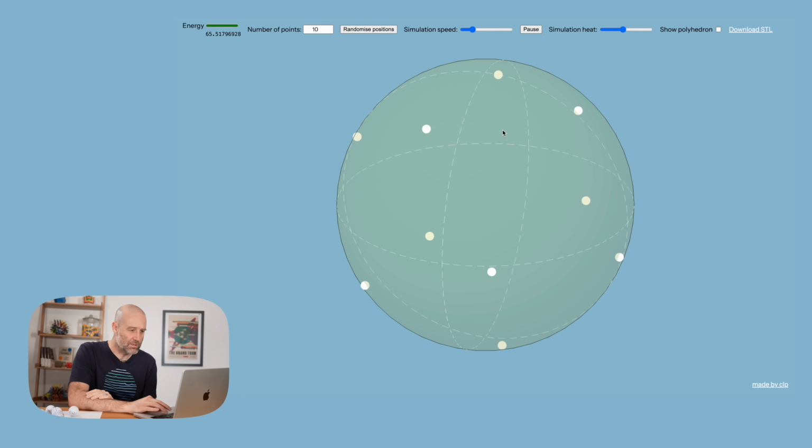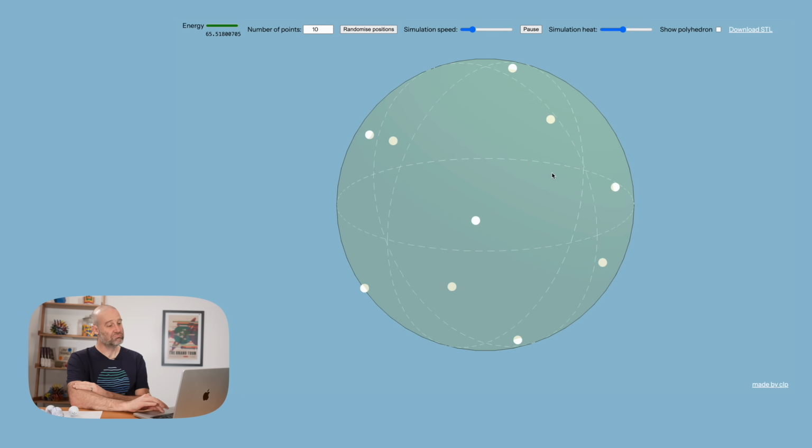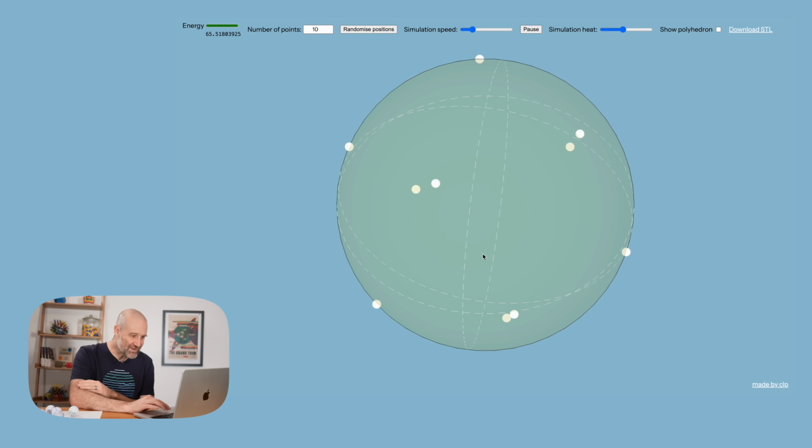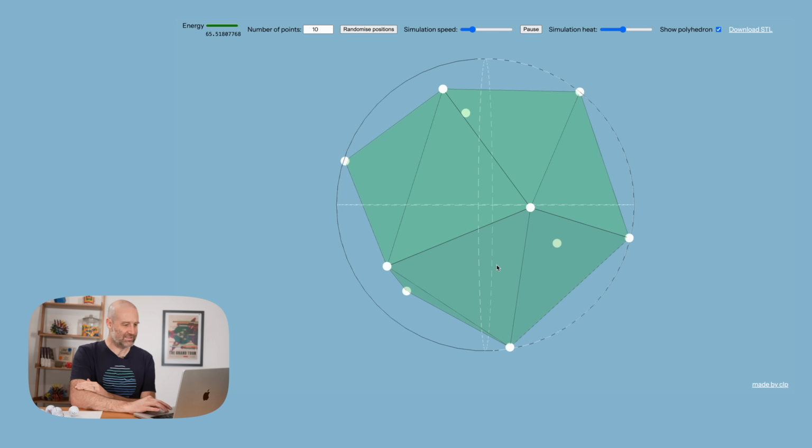Which is why, even though in terms of the physics it was wrong, in terms of the maths it doesn't change. Maths is always the same. We still call it the Thomson problem. And Christian's system here has found a solution for 10. So that's how you'd arrange 10 points on a sphere such that you're maximizing the distance between them. And the shape that is there, that's it there.